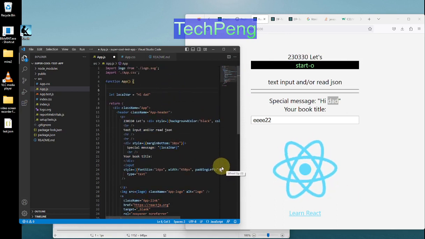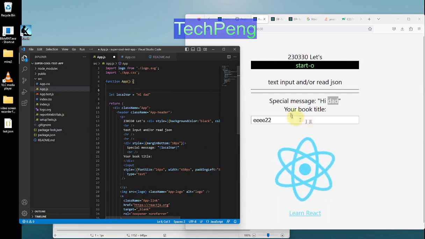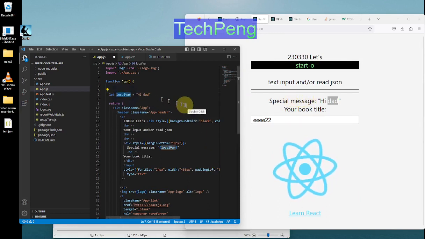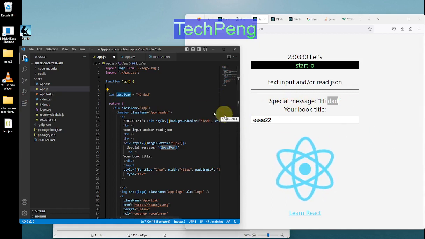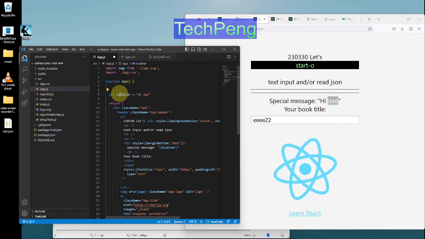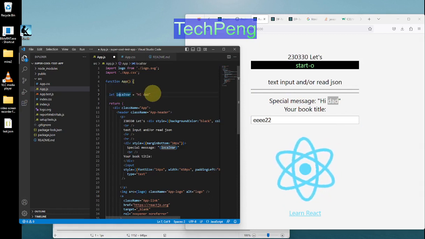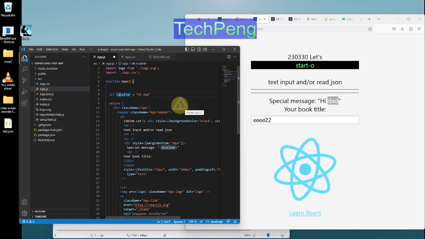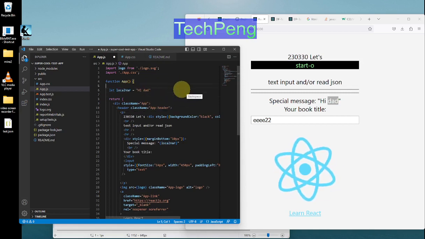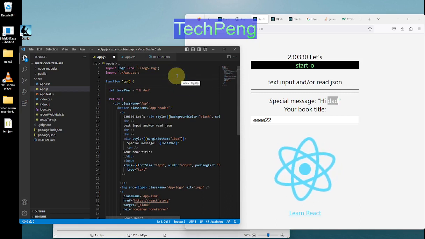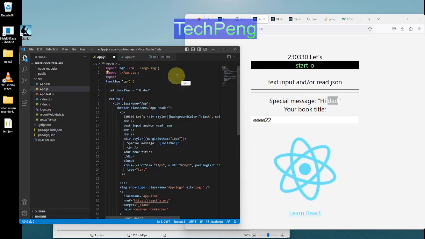Okay, so that's some of the power, some of the potential, but if it's a variable like this, every time this part refreshes, this value is going to change back to whatever I set it to in the beginning. If you want it not to change, we need to use state or React state. Okay, so how does that work? All right, we need to import